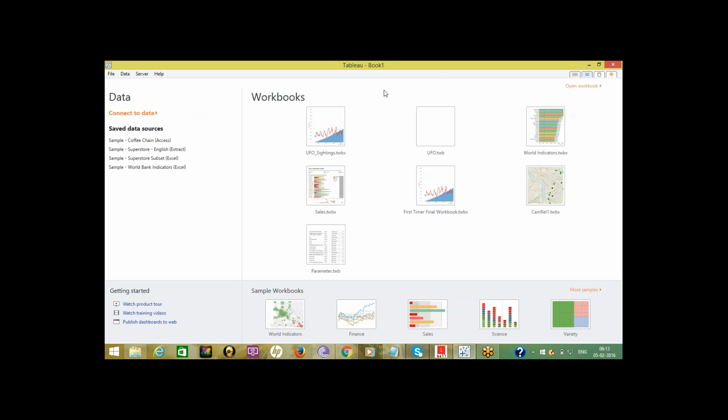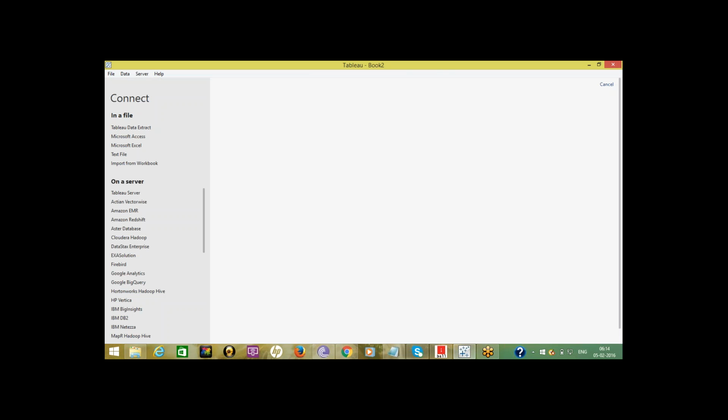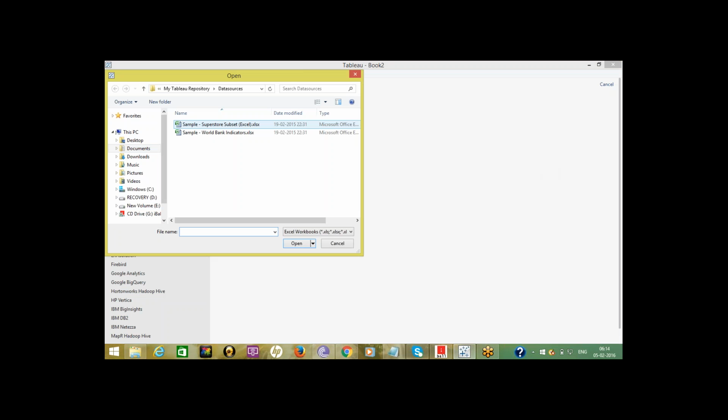So, first opening Tableau, click on connect to data. Example, I want to load some Excel file. Superstore.